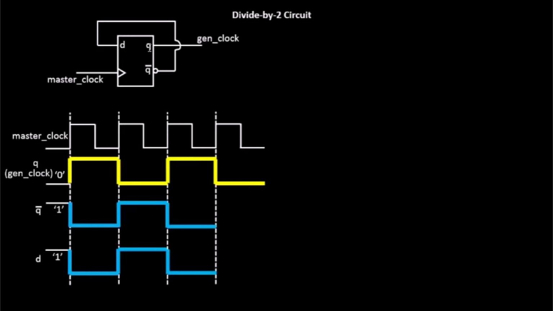D is getting pushed to Q. Okay, and similarly Q bar and D switch respectively. So this is the waveform. Now for a static timing analysis tool, this waveform that you get at the gen clock, let's put this waveform